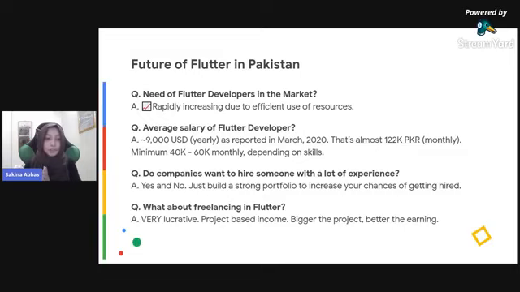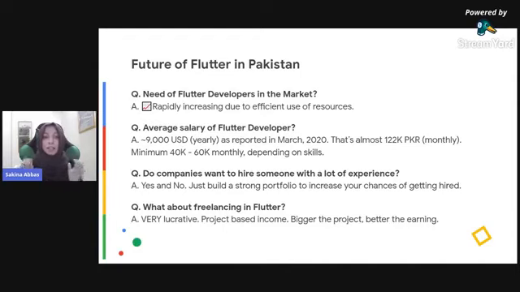The reason for this is, let me demonstrate it to you with an example. Consider two companies, Company A and Company B. They both hire two developers each. The two developers that Company A hires are both Flutter developers, and the developers that Company B hires are one Android developer and one iOS developer.